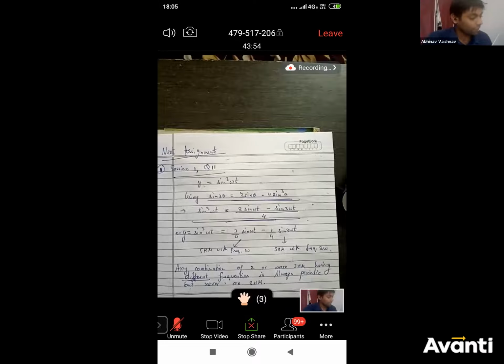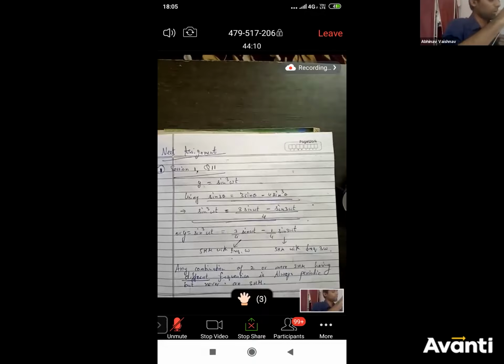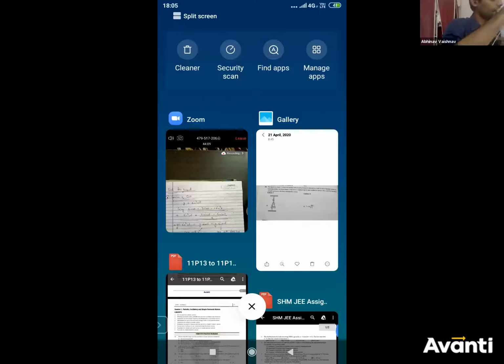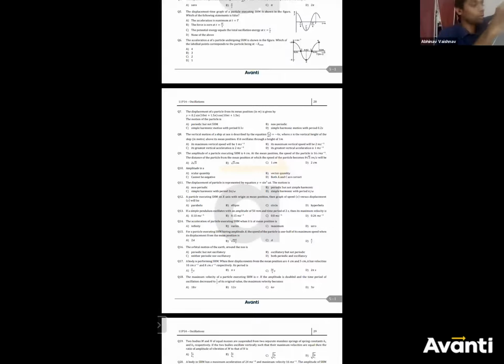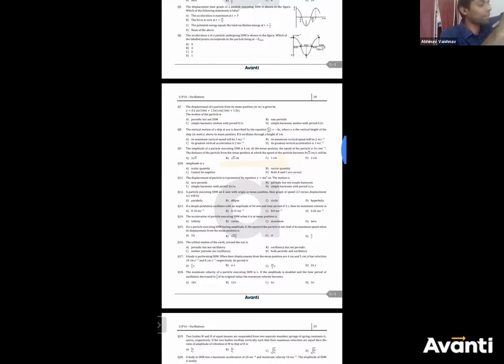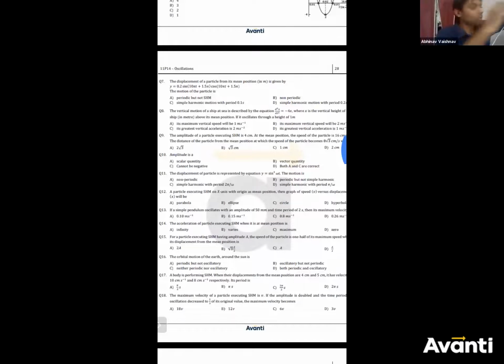So we'll quickly first go over the NEET assignment questions. Let's quickly do that first. So NEET assignment, session 1, question 11. I'll just show you the question for 30 seconds and then we'll go over it. Quickly see the question here. Question number 11. Read it quickly. I'll just zoom in.